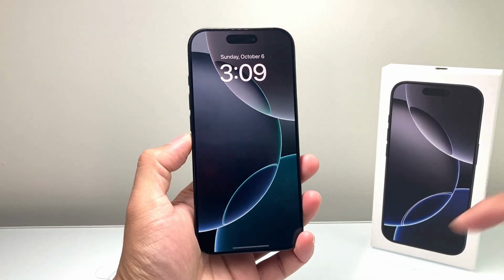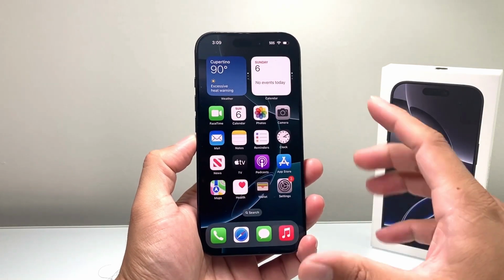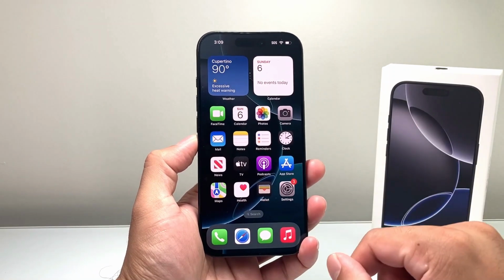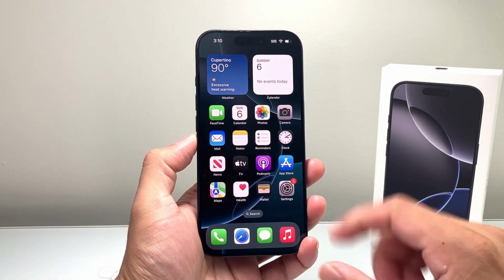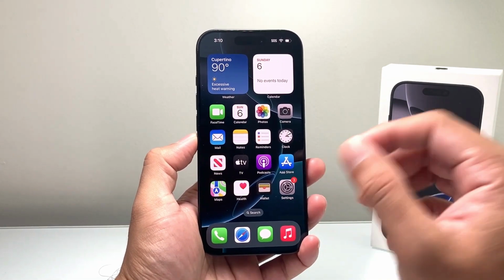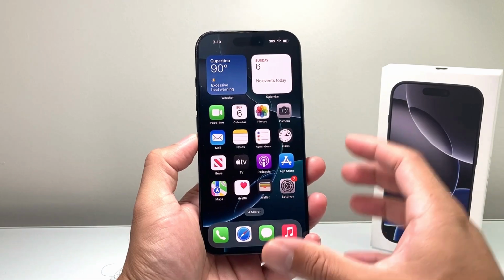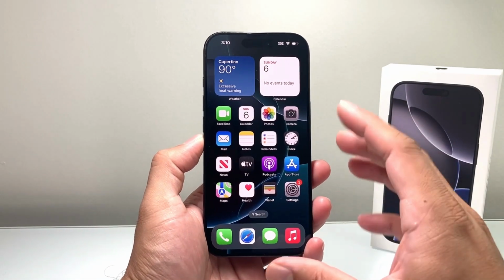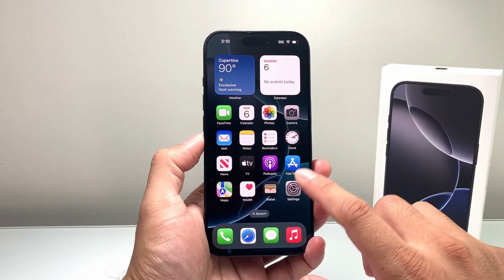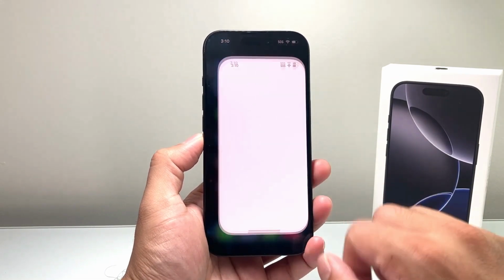In this video, I'll show you how to download and install apps on your iPhone 16 Pro. So let's get started. First thing you need to do before you can install any app, you need to be connected to either Wi-Fi or have cellular data as you need internet connection. Now, after you have that, one thing you want to go ahead and do is go into the App Store